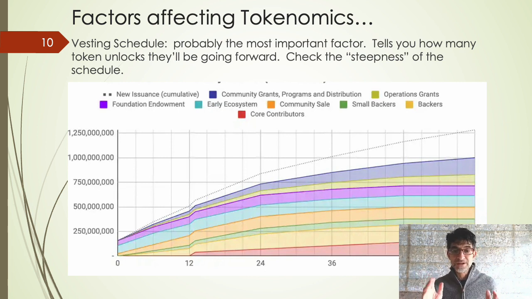But here's the good news. That vesting schedule is nearly complete because we're beyond the 36-month schedule. So 36 months is right here where my pointer is. So we're beyond that. So now the vesting schedule went up quickly, as I said. Now it's flatlining. That increase you've seen is just basically, trying to remember what it's called, inflation, things like that. It's not insiders dumping and unlocking of that.